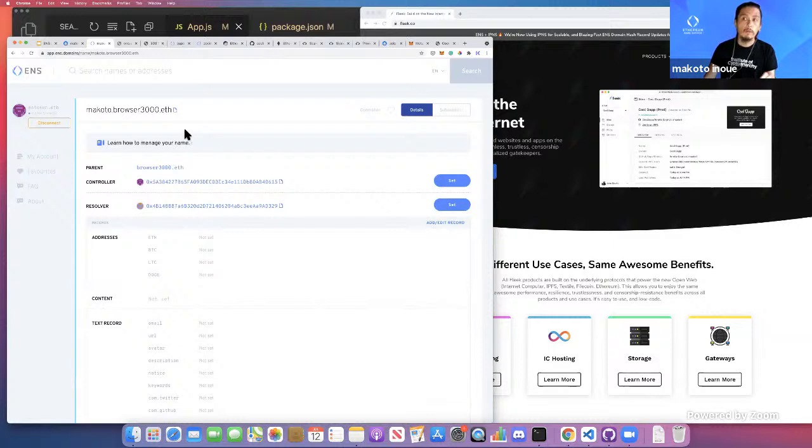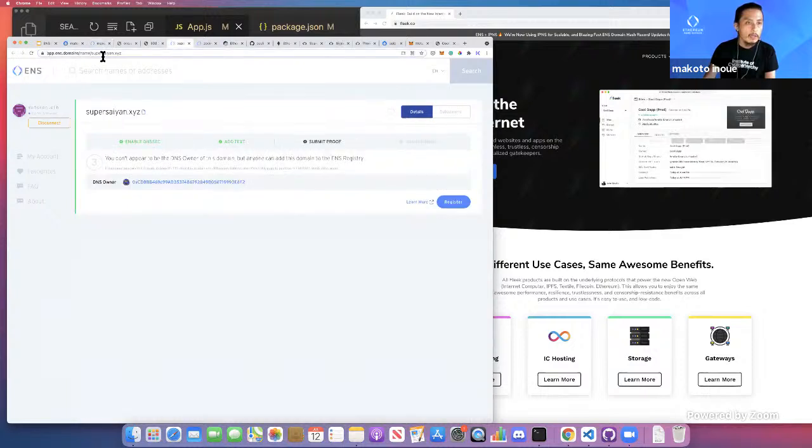And there's one more way you can do it. For example, if you are a brand and you discover ENS and want to register, it might already be taken by squatters, for example if you're Amazon or Nike. In that case, the alternative is to use a DNS name as an ENS address. One example is Argent, which is a wallet. Well, actually, let me just try to do that. So in this case, yeah, this Super Cyan